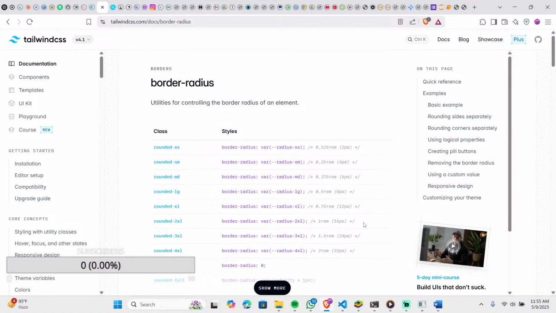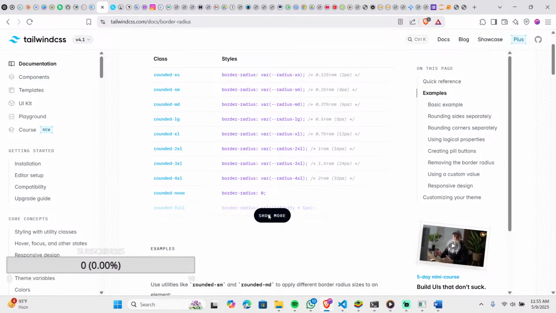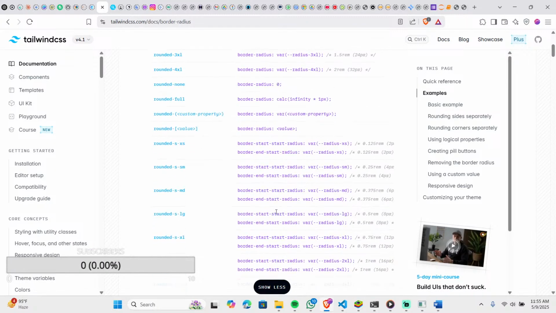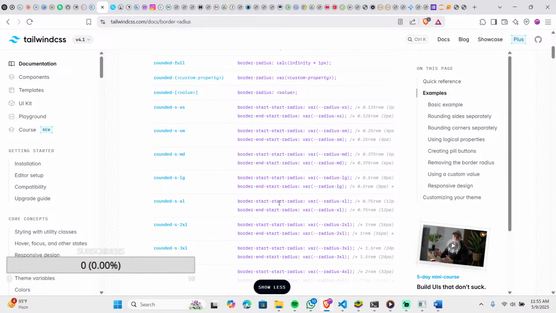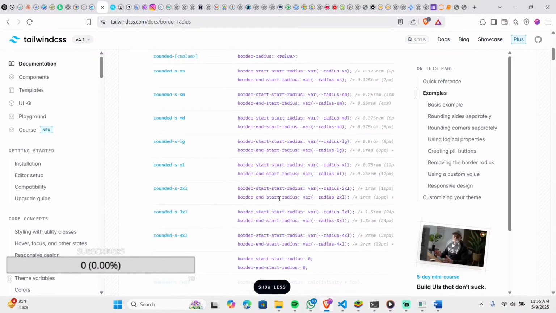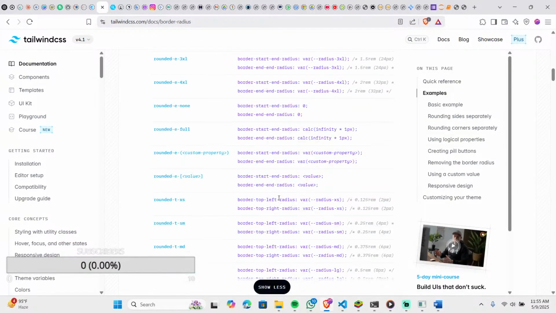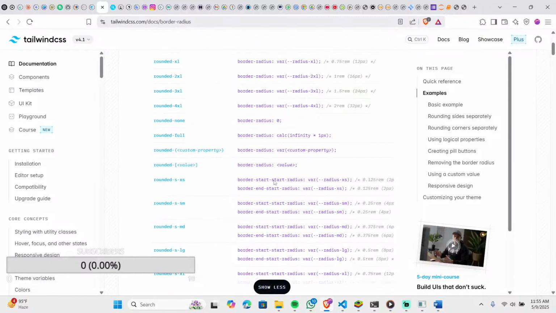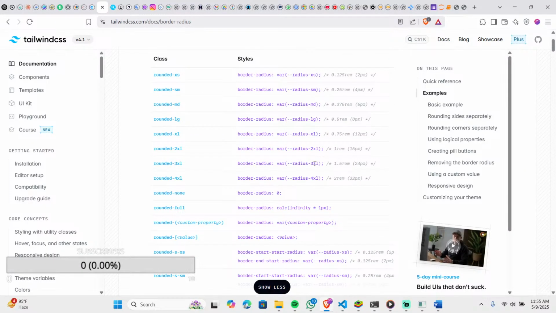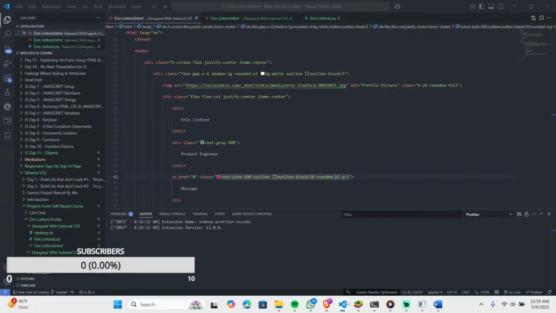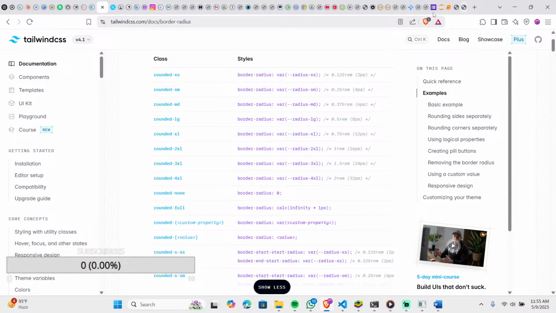Is there some 20 pixels? 3XL, okay, 3XL is there for it. 3XL is there for 20 pixels, right? 3XL for 24 pixels. 2.25 XL rounded. 2.25 XL. And if we go to the browser and see,